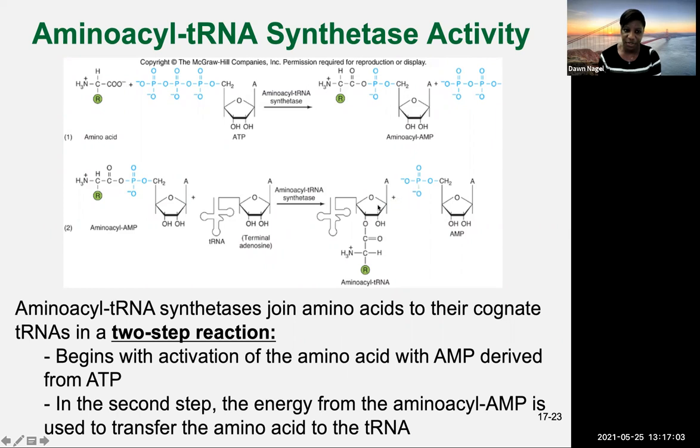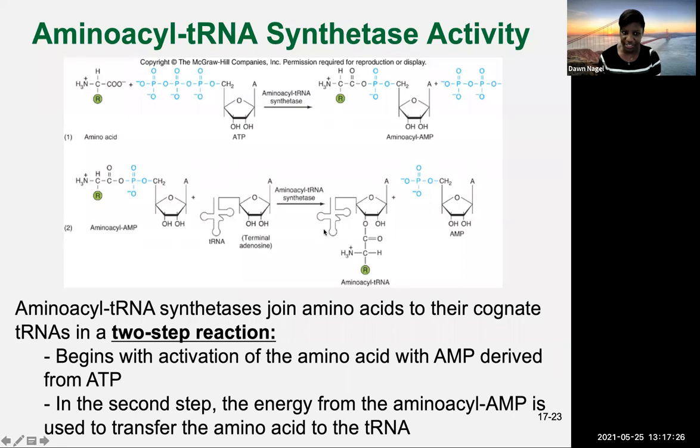So you combine them with that energy. Again, you have aminoacyl tRNA, that's important. And then you lose your AMP, it goes away. Okay, and now you have a completely charged molecule, including the amino acid bound to your tRNA that you need. And now you can begin